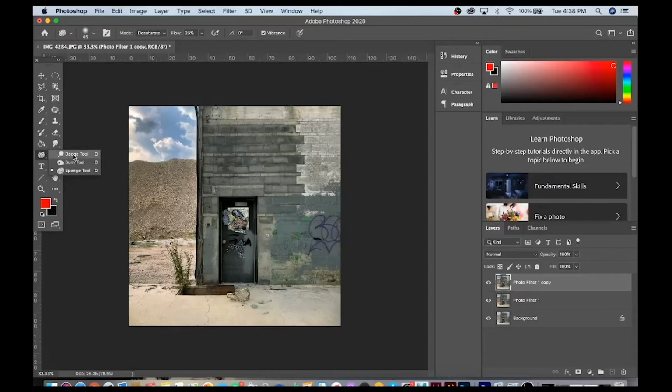Dodge, again, lightens the area, Burn darkens areas. So I'm going to go to the Dodge tool. I'm going to select Midtones up here. I think an exposure between 20 and 30 is good. Anything higher I find distorts the image a little bit too much. And then I'm going to make a brush a little bit bigger, and I'm going to want to dodge around the door to lighten the door up a little bit. So if I just start clicking,